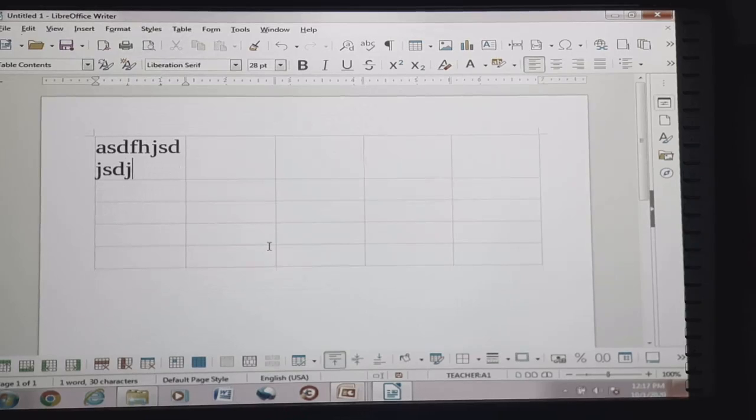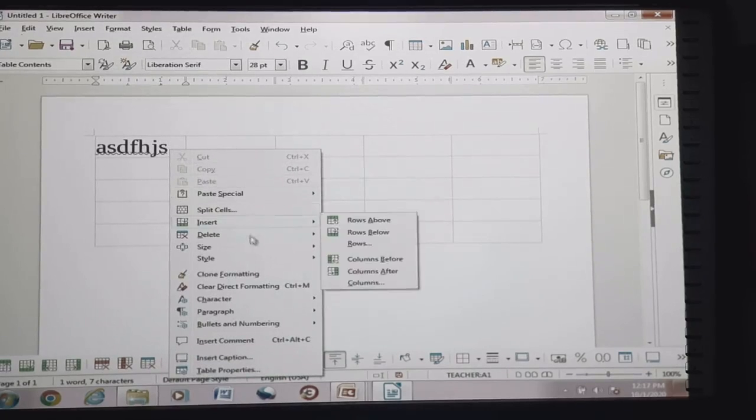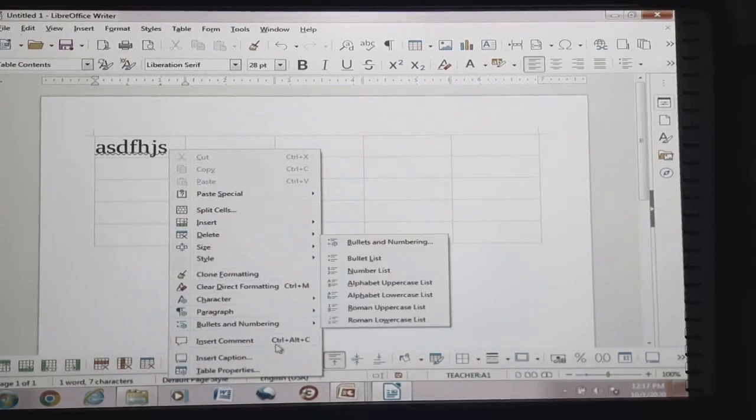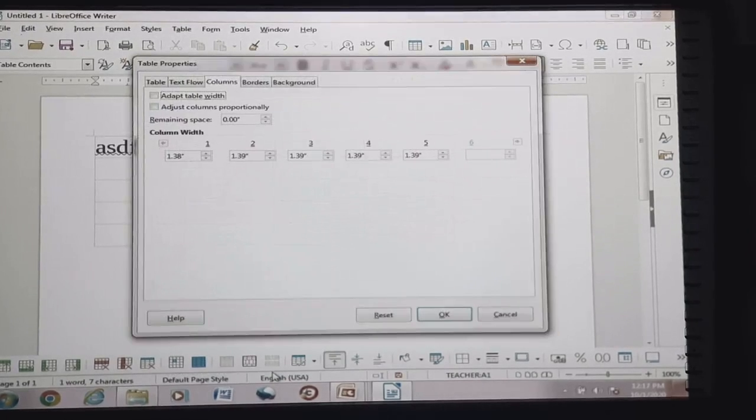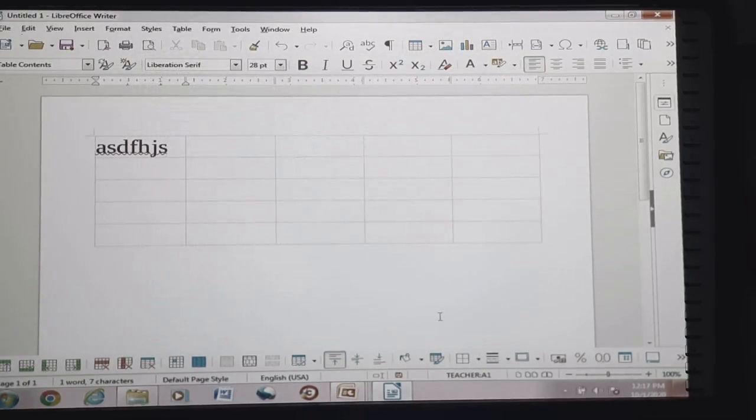In order to adjust according to the length of the text, adjust columns proportionally. Okay. Columns are getting adjusted proportionally.